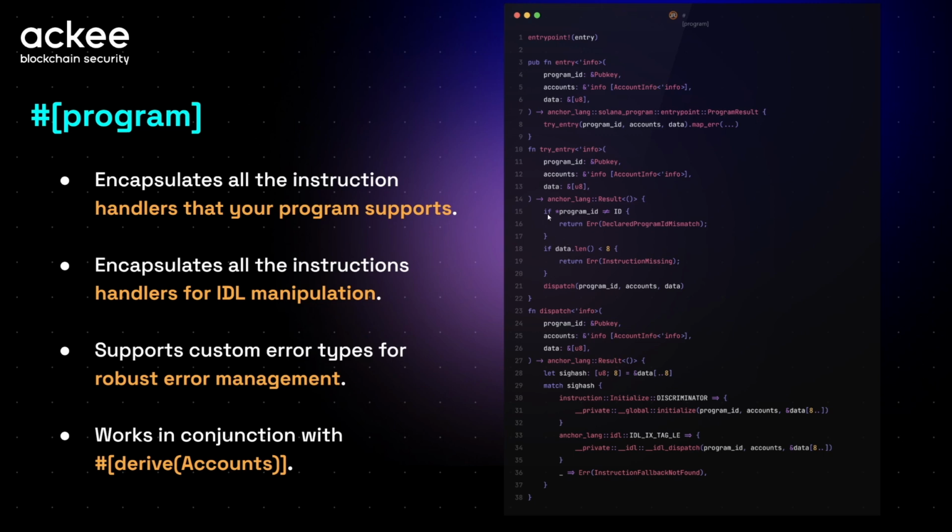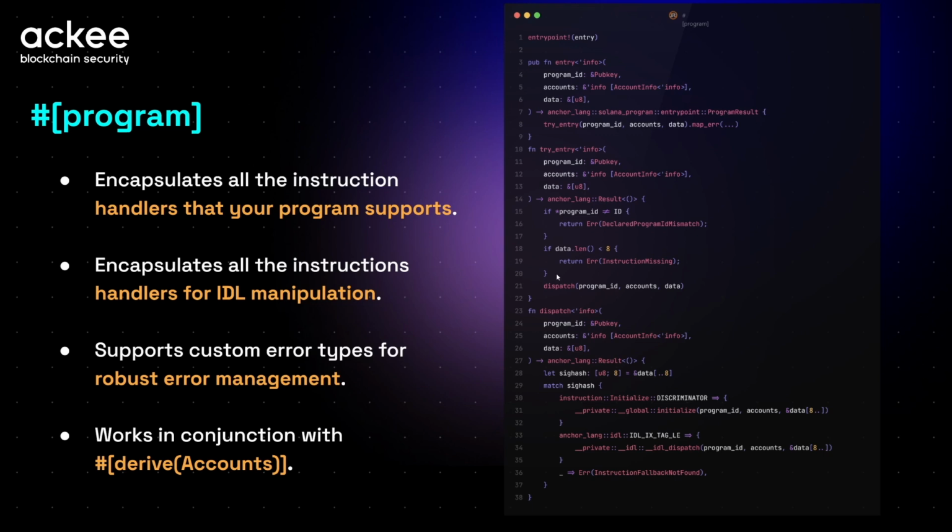Firstly, there is a check for the program ID, that it actually matches your program's ID. Then there is a check that the data len, which is the instruction data, is at least 8 bytes. It's due to the discriminator of the instructions, which can be seen here in the first function.